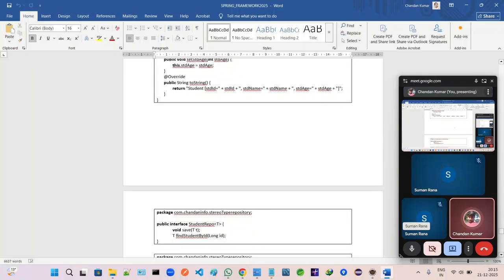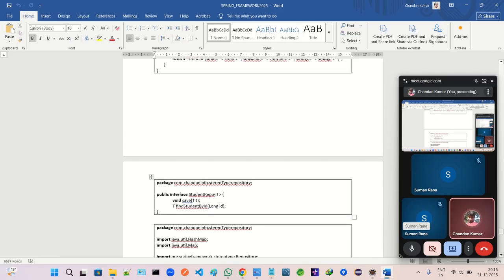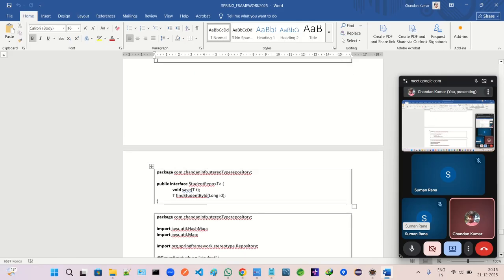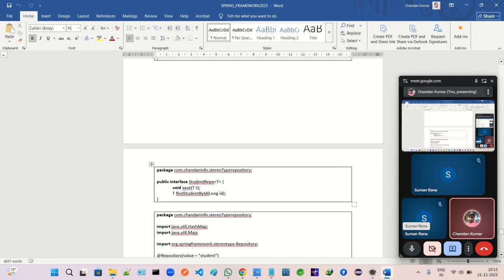So in the stereotype annotations, so far we have covered the @Component annotation and the @Service annotation. Why do we use these stereotype annotations? Before stereotype annotations, we generally used to configure beans in the XML file using the bean tag, and